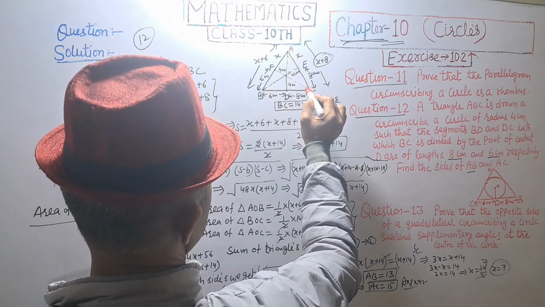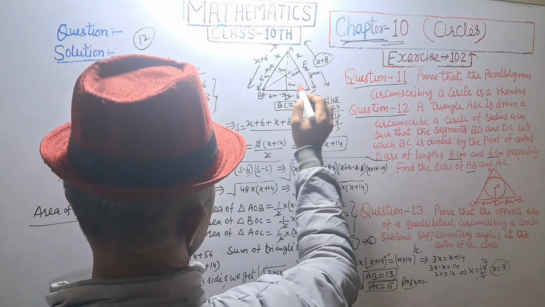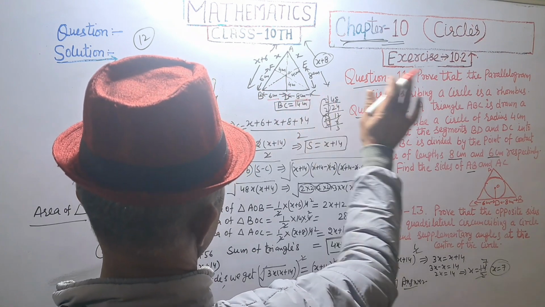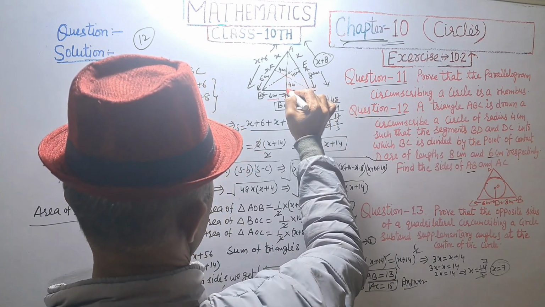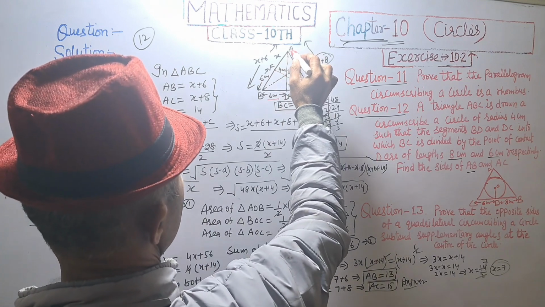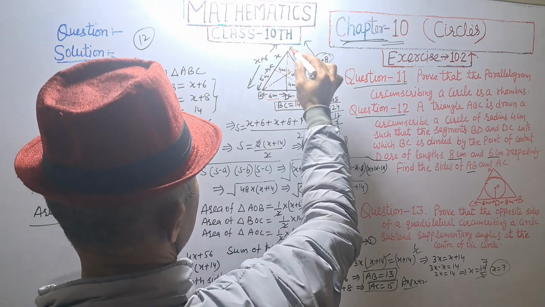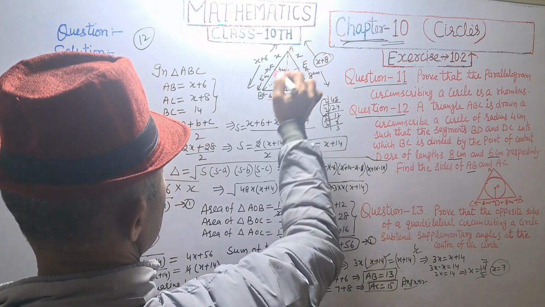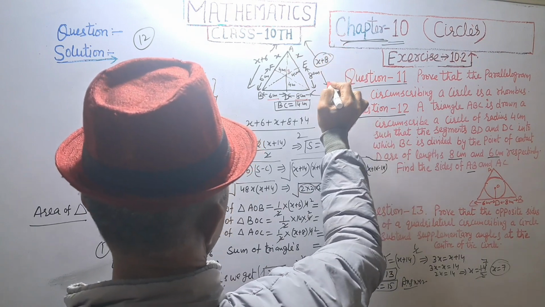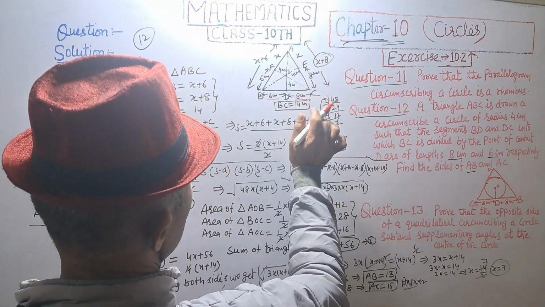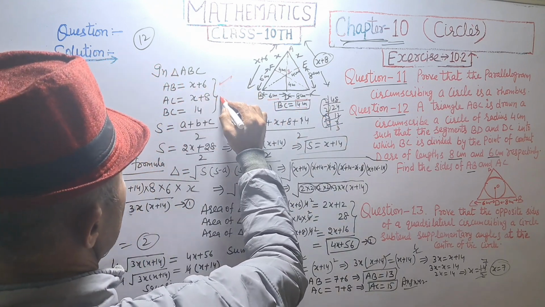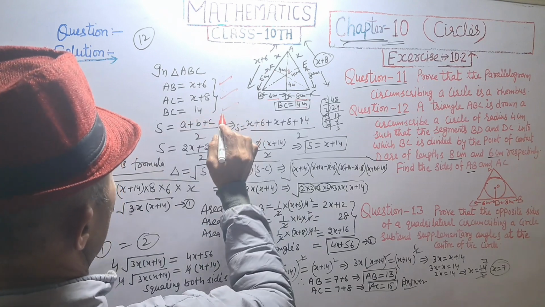Given triangle ABC, BD is equal to 6 cm and CD is equal to 8 cm are given, and radius 4 cm is given at point O. We are assuming AF is x and AE is x, and total AB is equal to x plus 6 and AC is equal to x plus 8, and total BC is equal to 14 cm.